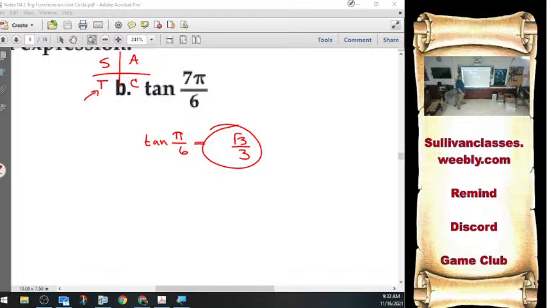I like that. Now you don't have to do it this way. Could I just draw 7 pi over 6 right there? So this is pi over 6. So that's 1, or that's square root of 3, 1, 2. Which of those is going to be negative? If I'm in quadrant 3,